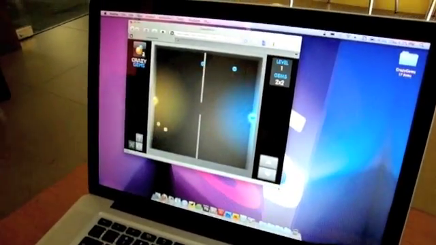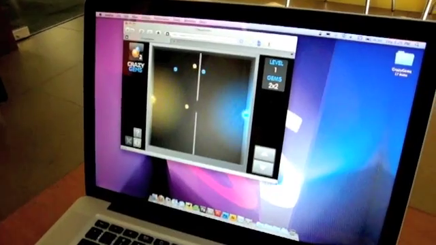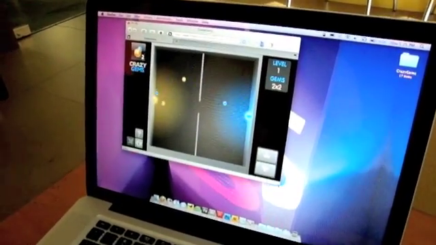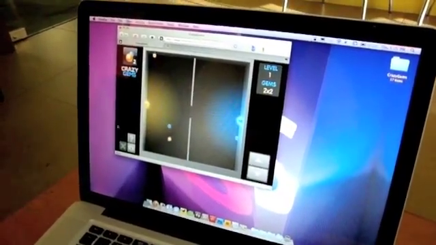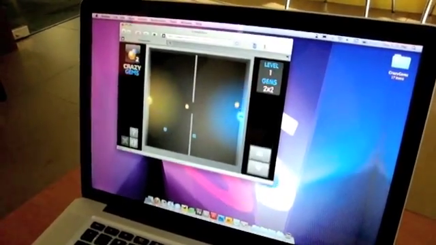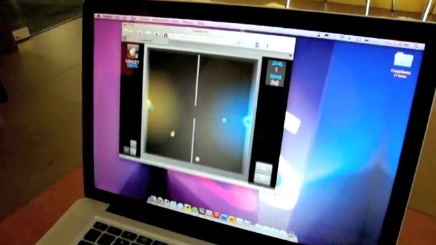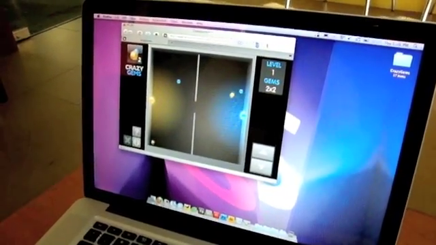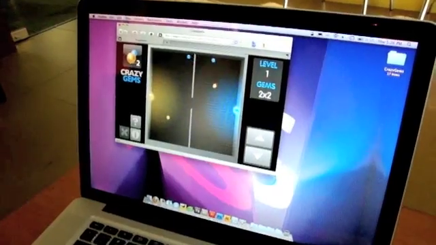When I resize the window, you can notice that the main game UI is not getting disturbed much, but the other elements around the game are scaling down and up. So this makes it easier to concentrate on the game more. So this is the landscape version. As you can see, I just